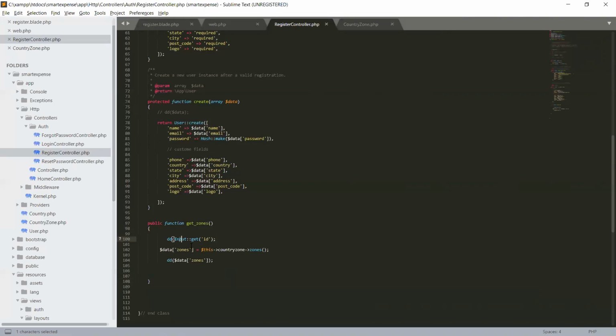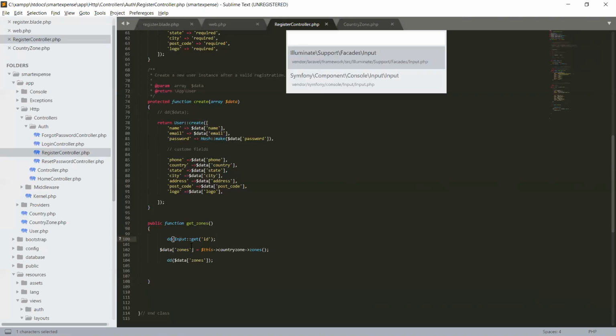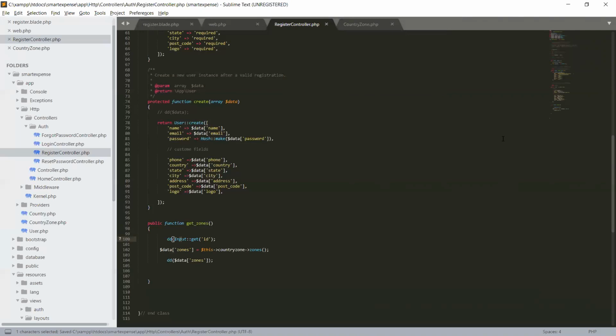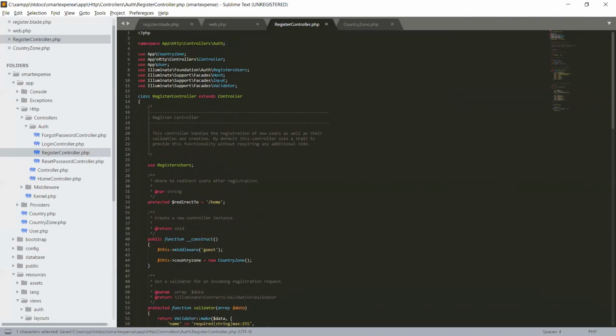Let's include this file in our namespace, input, so it is included at the top here.